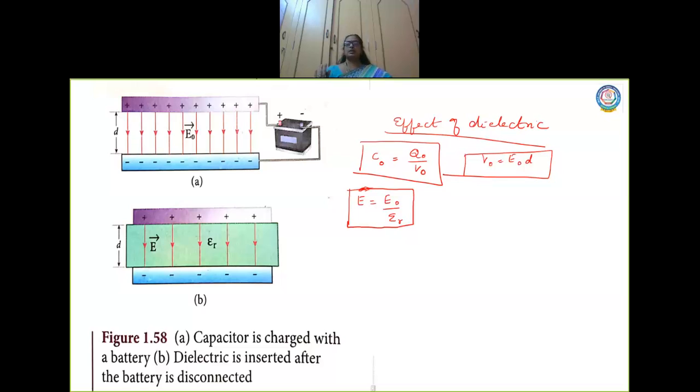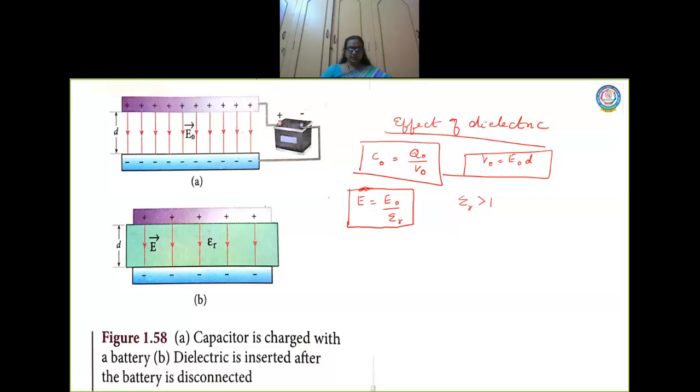We'll just know the formula alone. We will not bother about how the formula came. Just you know the formula, that's all. Okay, is it clear now? Now look at the value of epsilon R. I have already told you the minimum value is for air, which is 1. So definitely there is a medium, so definitely the value of epsilon R is found to be greater than 1. Yes or no? The minimum value of dielectric constant is for air, which is 1. But here you have a dielectric whose dielectric constant value will be definitely greater than 1.